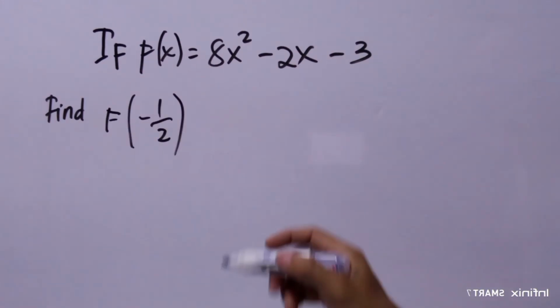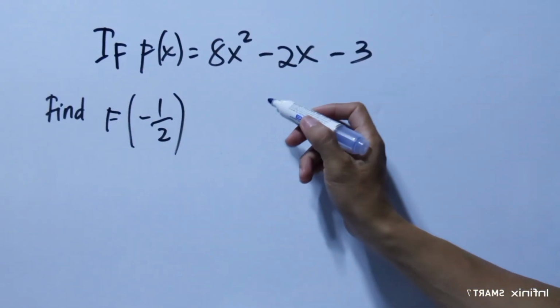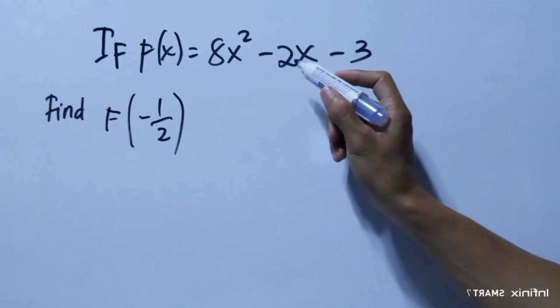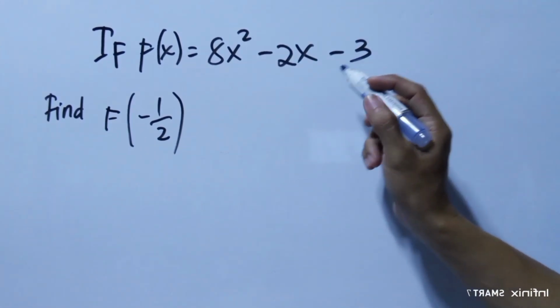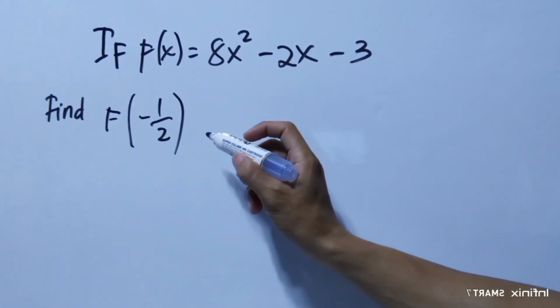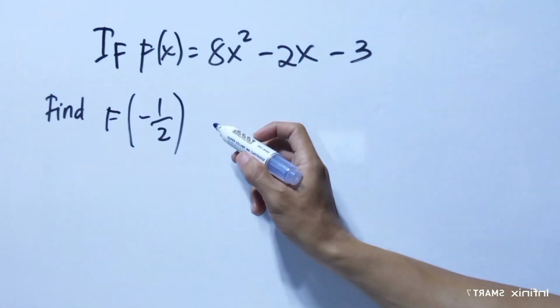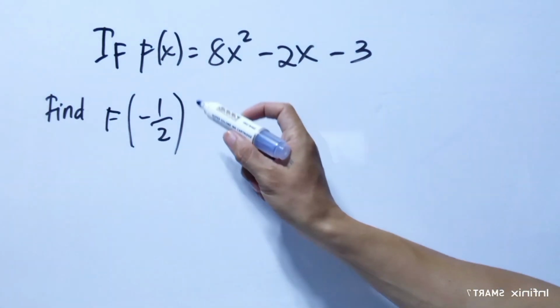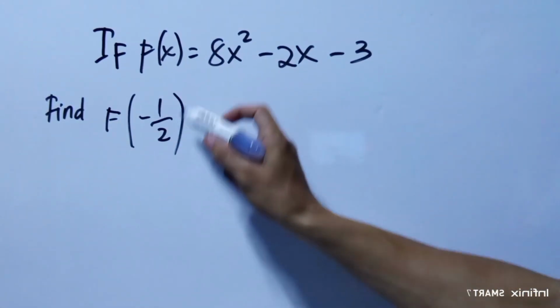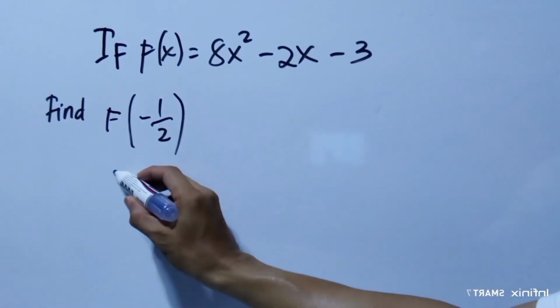Bye-bye. Okay, we will solve this one. If f of x is equal to 8x squared minus 2x minus 3. So, find f of negative 1 half. Okay, so ang gagawin natin dito is substitute lang natin yung negative 1 half sa x. Okay, so therefore, f